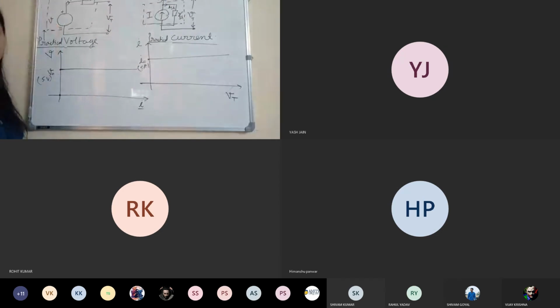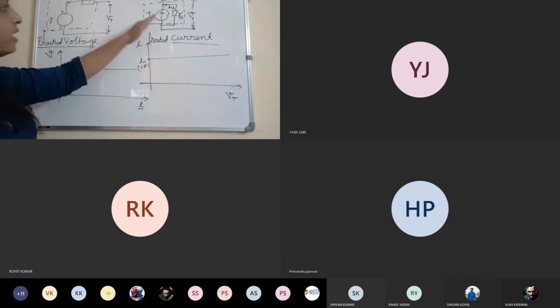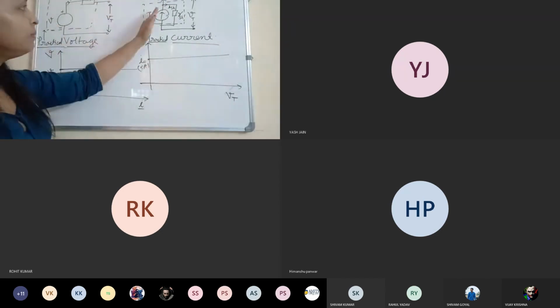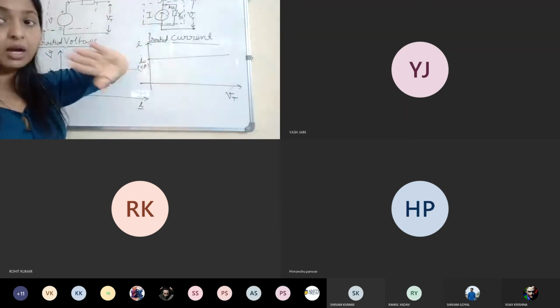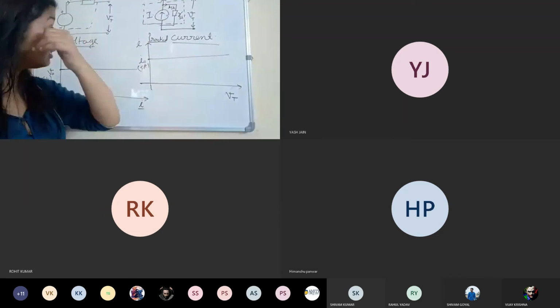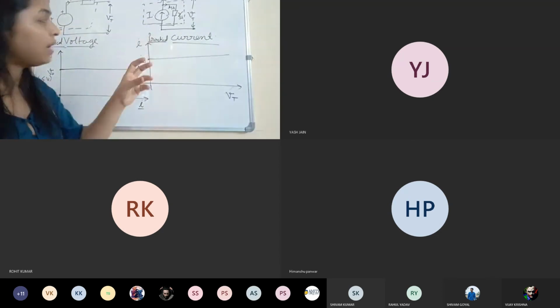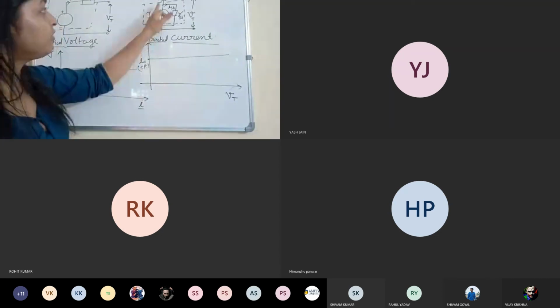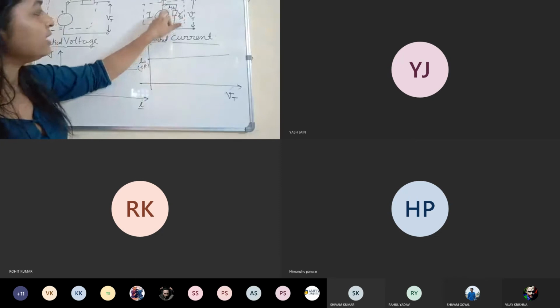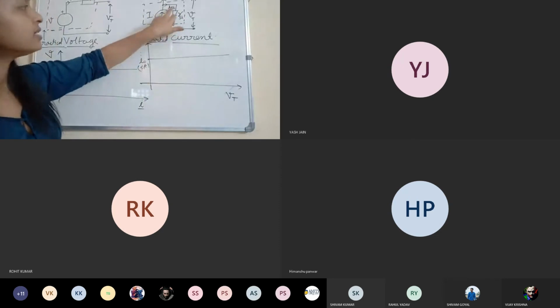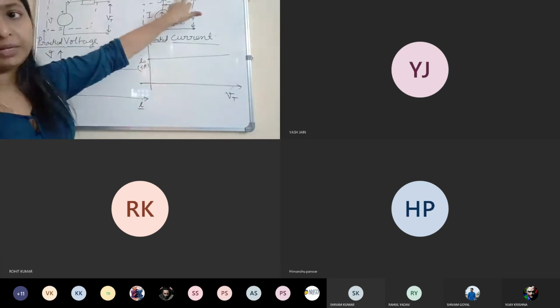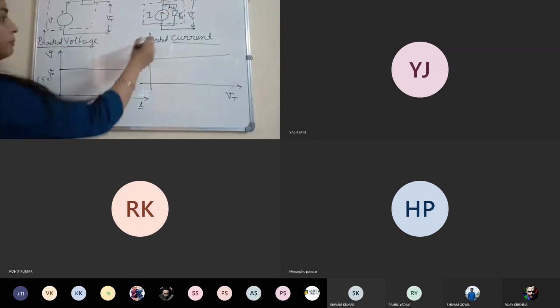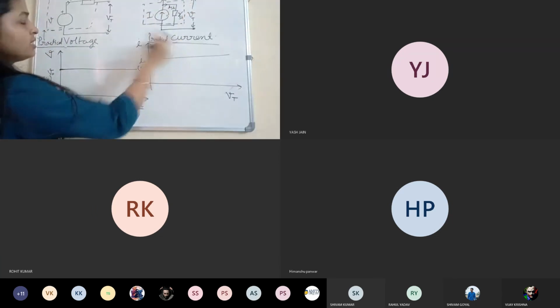This is I. It means, suppose in the previous case this is a 5 ampere current source. In the previous ideal case, it is producing 5 ampere to the complete circuit. But now it is not producing the complete 5 ampere current. Some part, let's say 0.5 ampere, is dividing into its internal resistance. So 4.5 ampere will be provided to the complete circuit. So this is the practical current source, if you can see it.